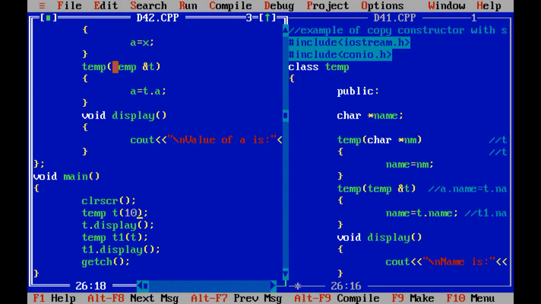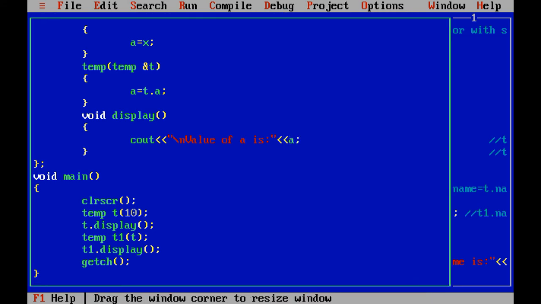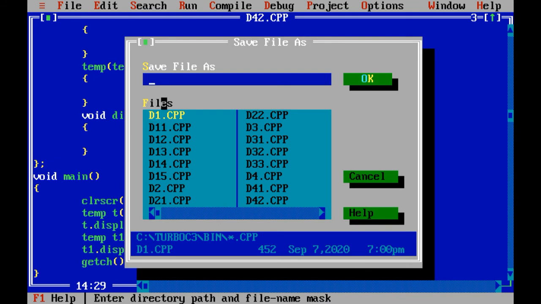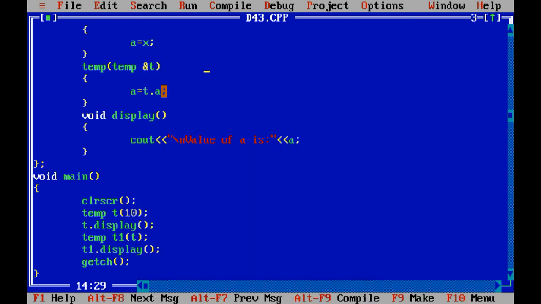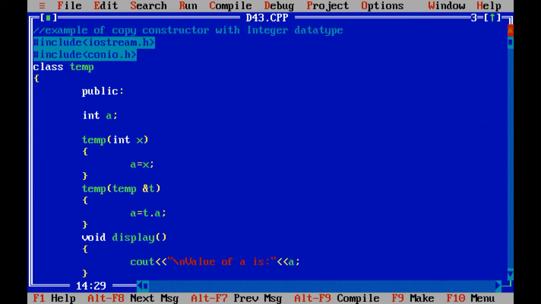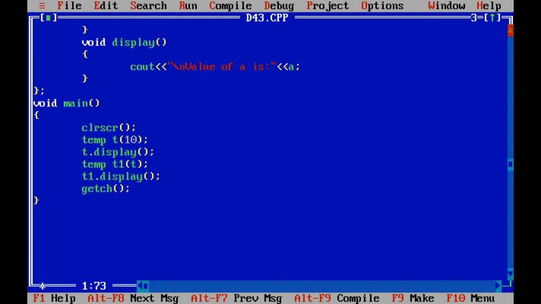Now suppose, let me perform this program. Save as D43.C++. I just want to show you the demonstration regarding the integer data type having two variables. What are the changes you need to apply?